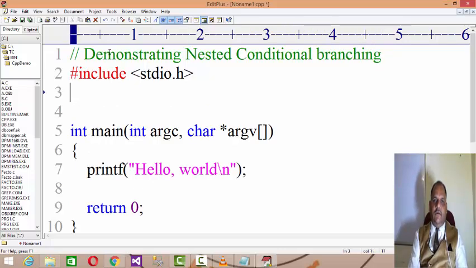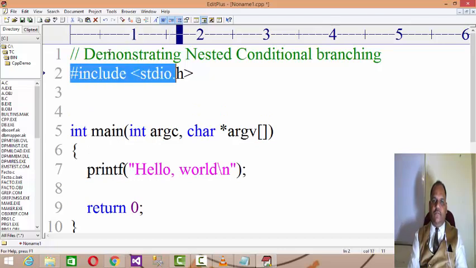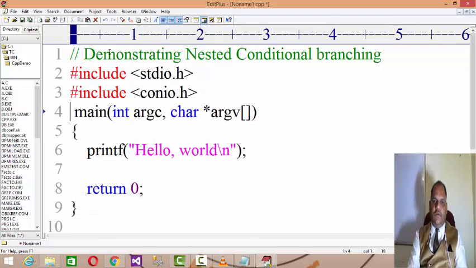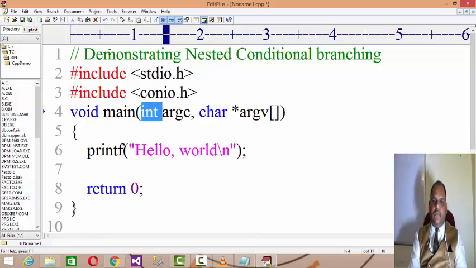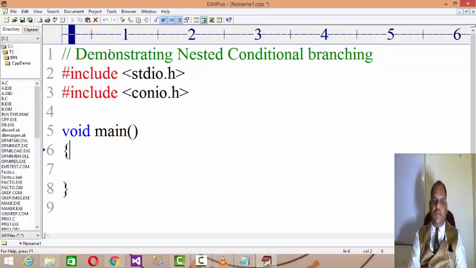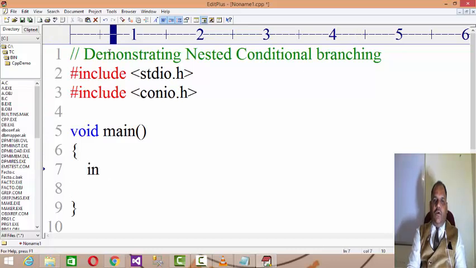Right? #include <stdio.h>. Then we have #include <conio.h>. And then we have void main. Let us understand that you have three numbers, int a, b, c, and then clrscr.